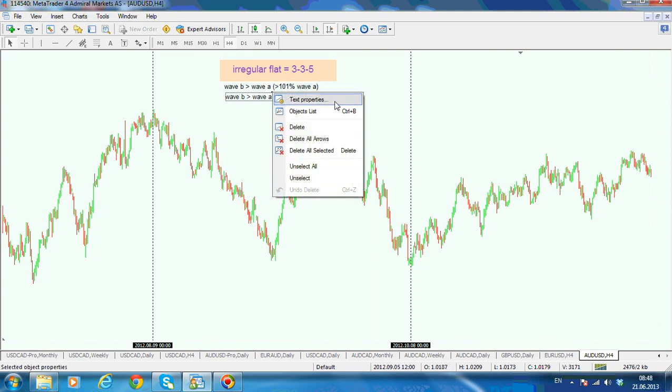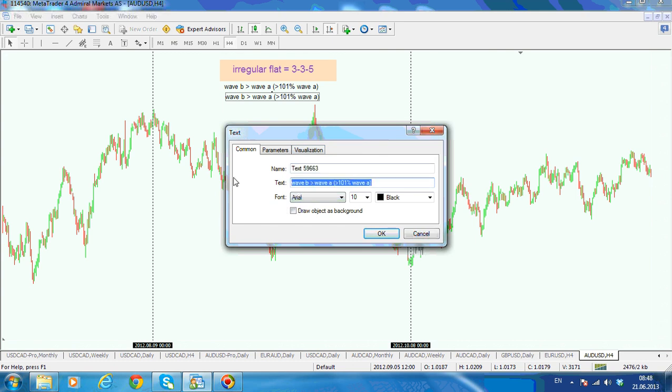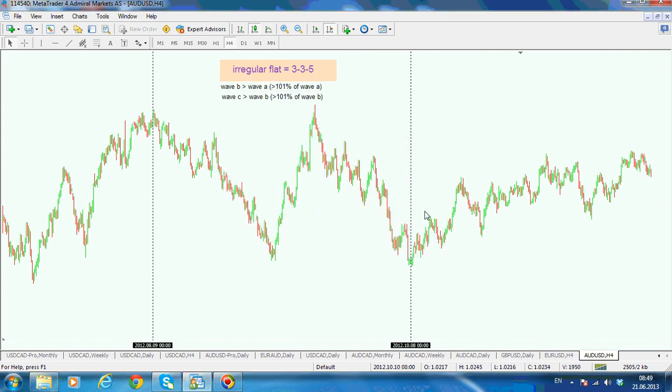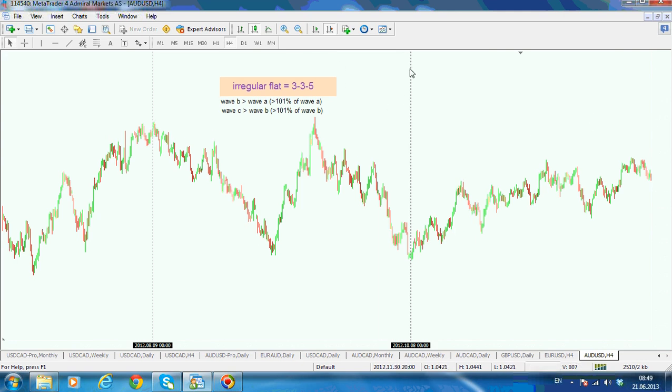of an irregular flat should be that the wave C should be higher than wave B. That means that it should be bigger than 101% of wave B. So, if this structure from here to here can be considered an irregular flat, then normally, let me move this a little bit higher,